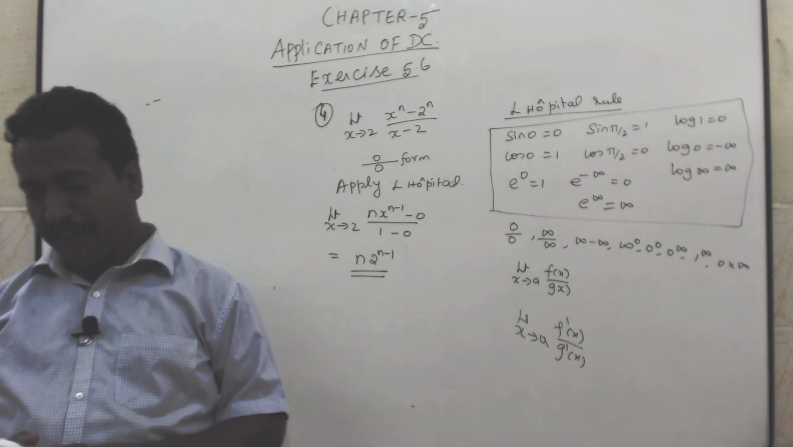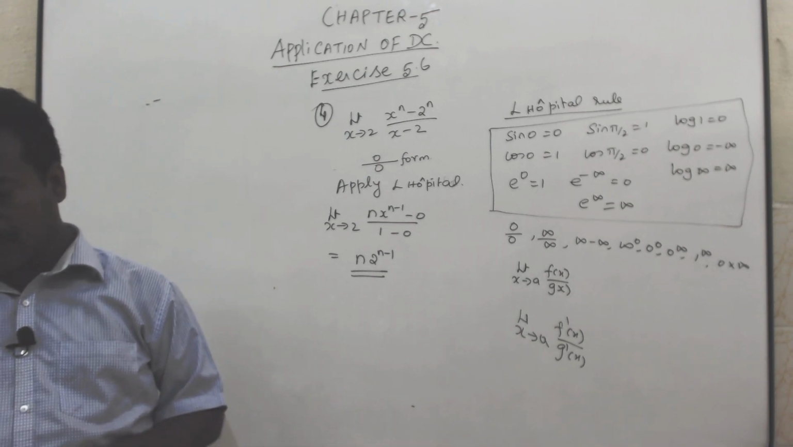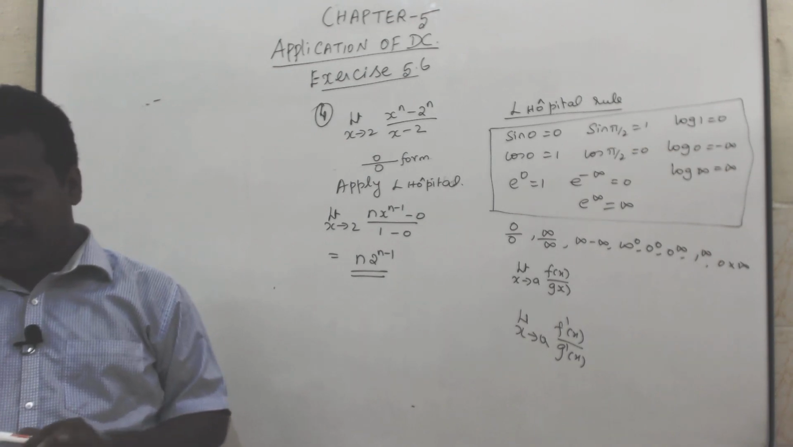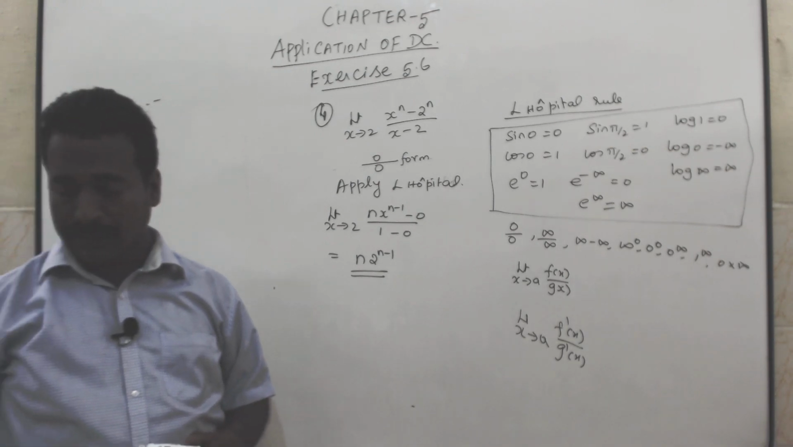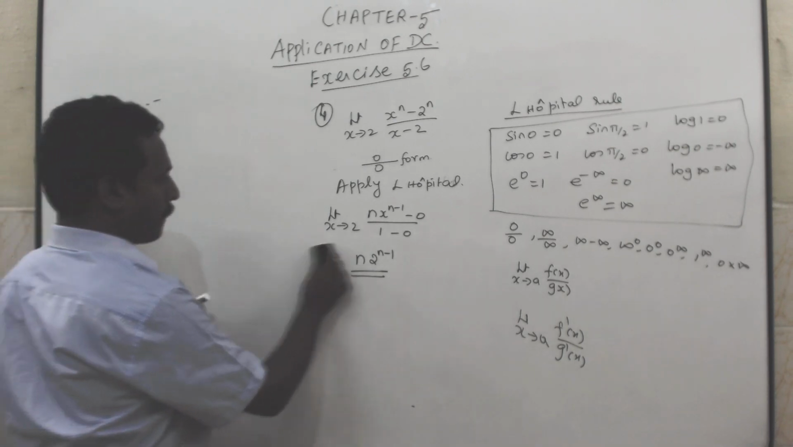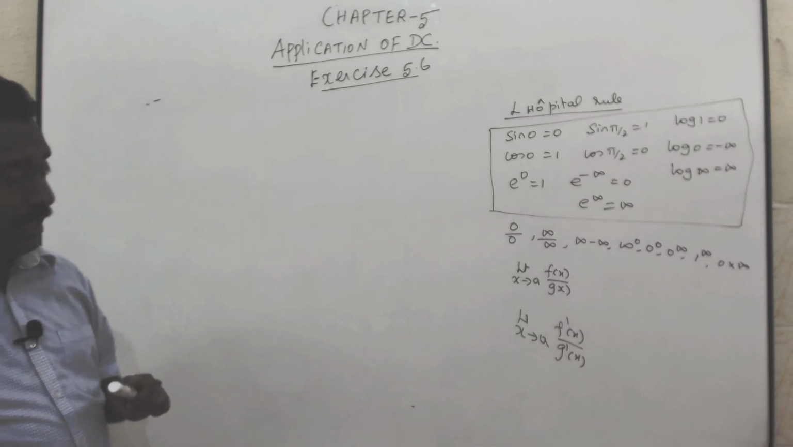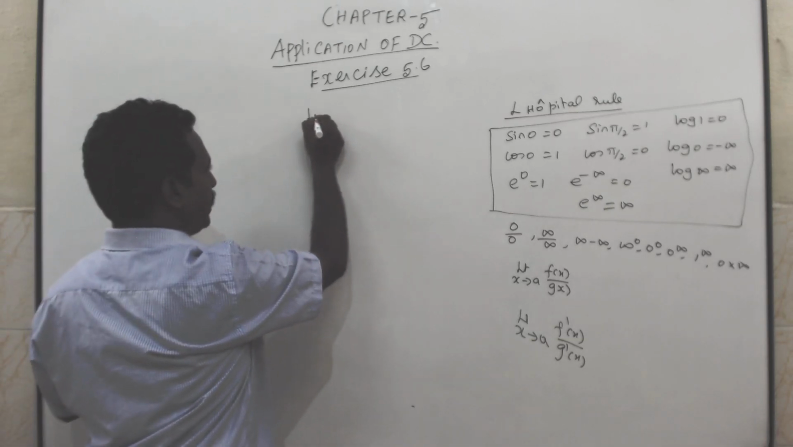Limit x tends to infinity, sin 2 by x divided by 1 by x. Sum number 5 and 6 are most probably the same. I will do sum number 6, try sum number 5 at home. Sum number 6, limit x tends to infinity,